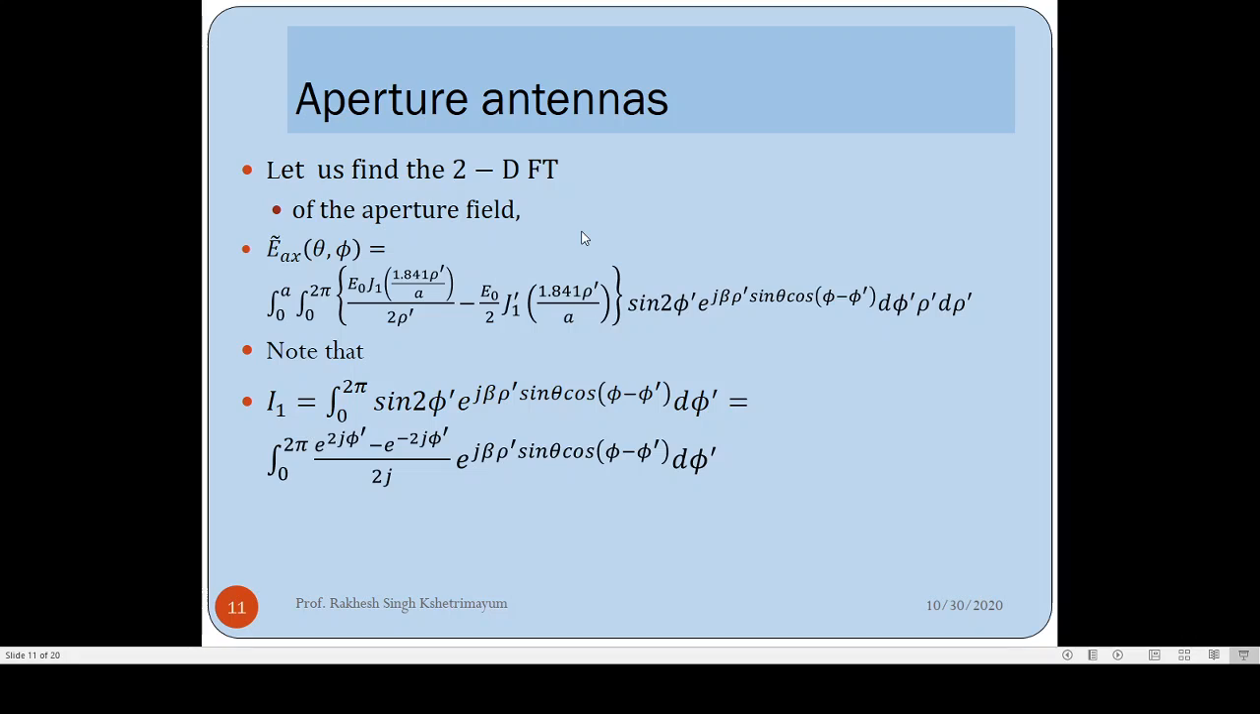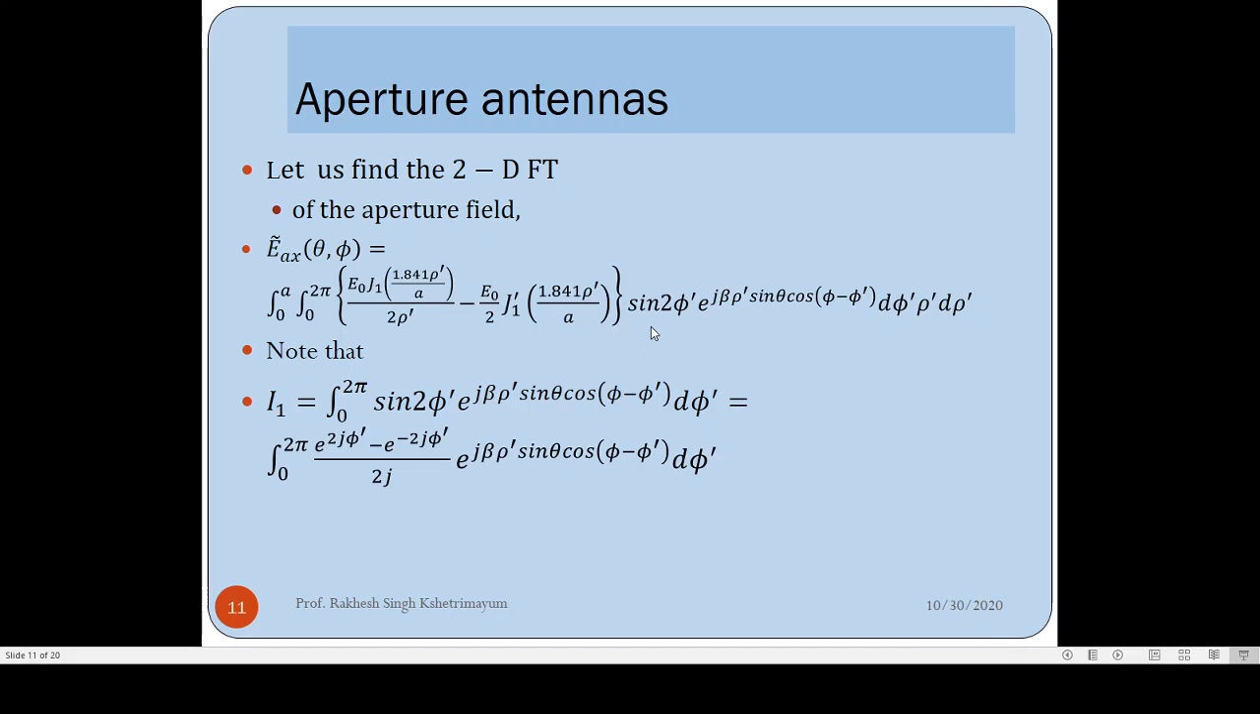We have done this when we consider the circular aperture, uniform circular aperture. The 2D Fourier transform is expressed like this: exponential j beta rho dash sine phi cos of phi minus phi dash. We have done the derivation for that when we consider the uniform circular aperture also. So now you need to do the Fourier transform of this expression you have here, which is the EAY. And as I already told you, you have a sine 2 phi dash here. You can use Euler's